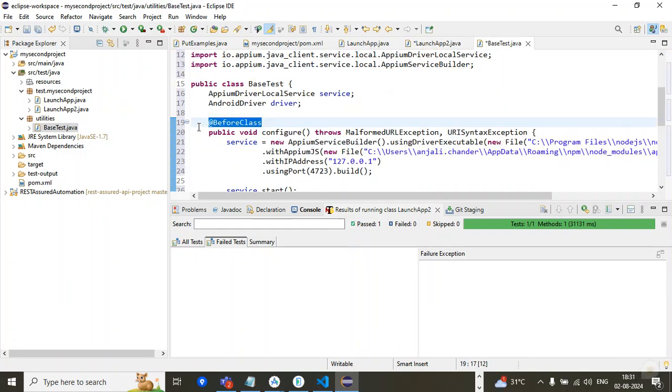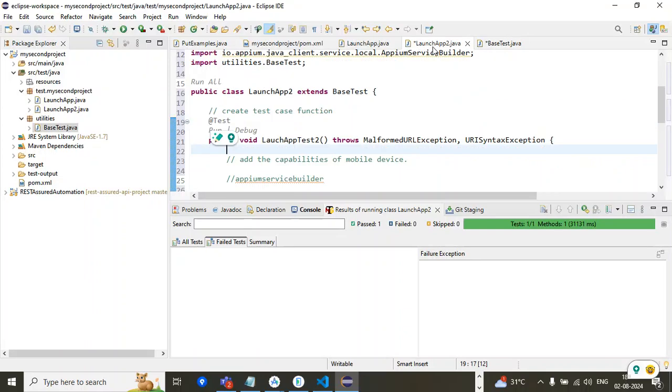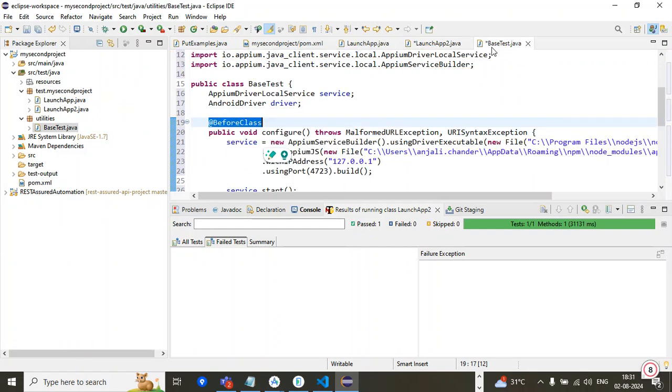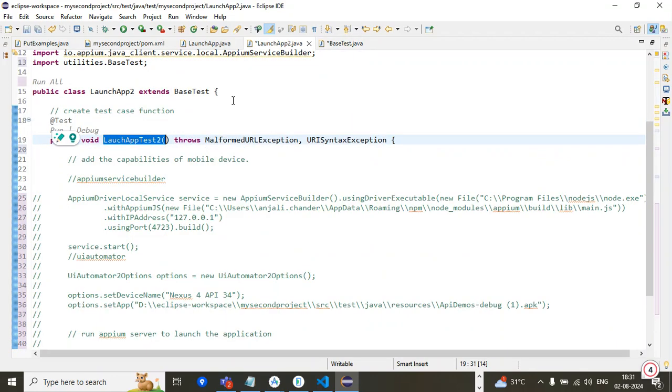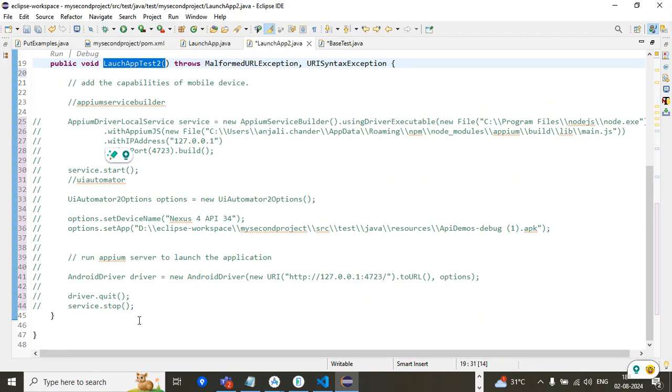So first this will run, then our function launch app test 2 will be running. So first APM server will be instantiated, everything will be done, app will be launched, and then in this class, we can only focus on the